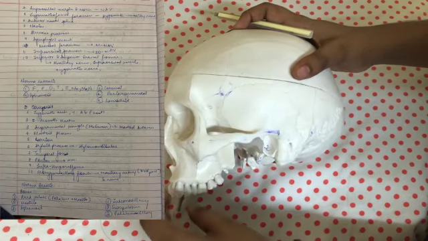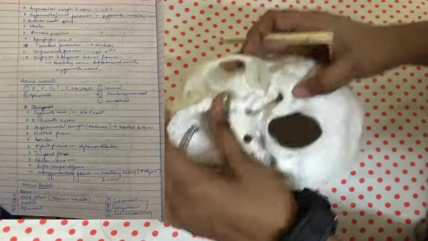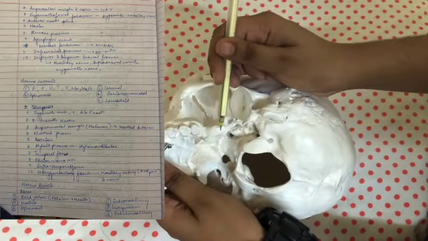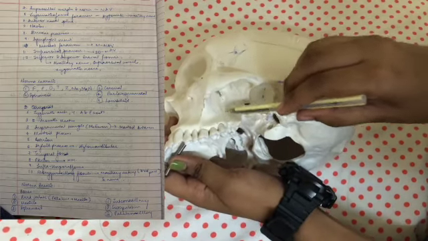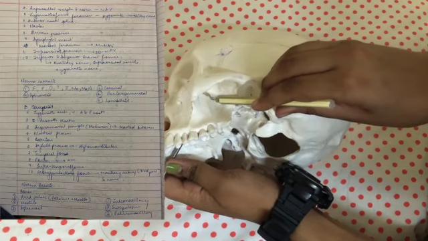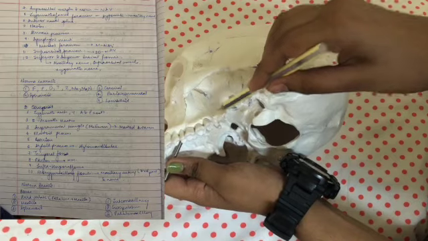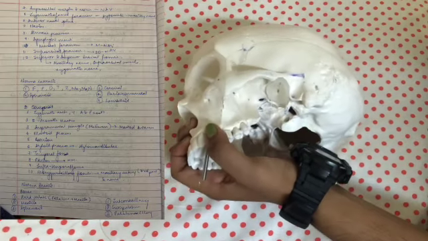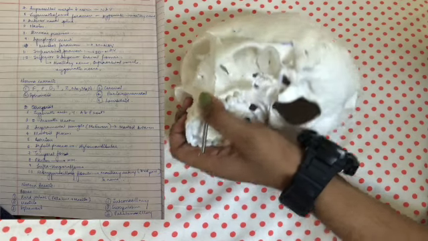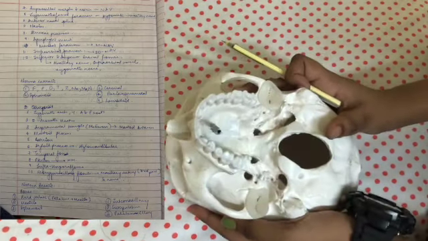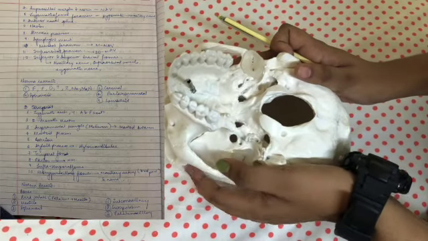So this extension that you see here is the lateral pterygoid process of the sphenoid, and this small space that you see here extending from this part is the pterygomaxillary fissure, which is again of importance since the maxillary artery enters from this place, the third part of it, and the nerve too. And now let us move on to norma basalis. It is a little bit more complicated. For this, I'm going to have to remove the mandible so that you have a clearer view.